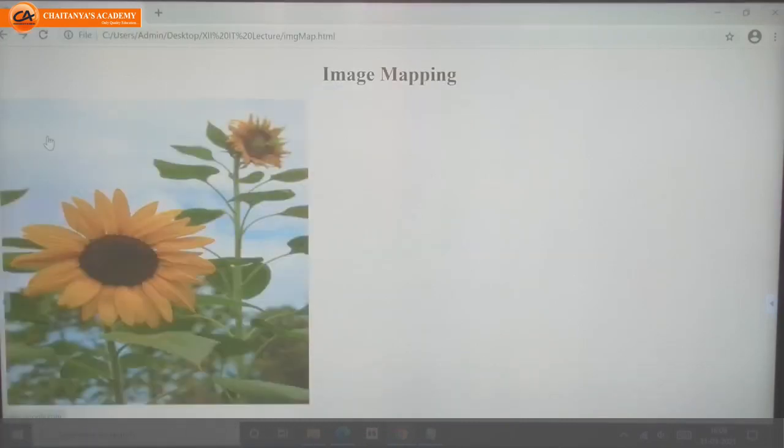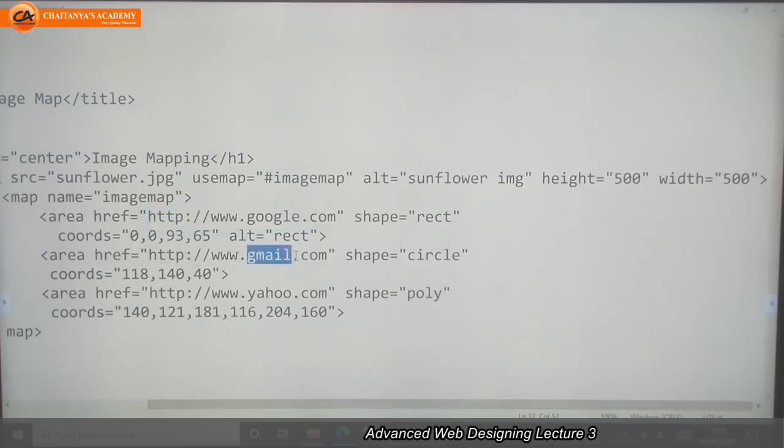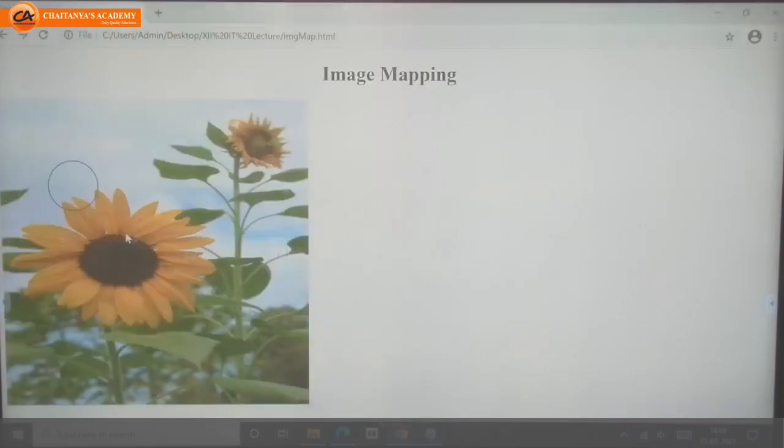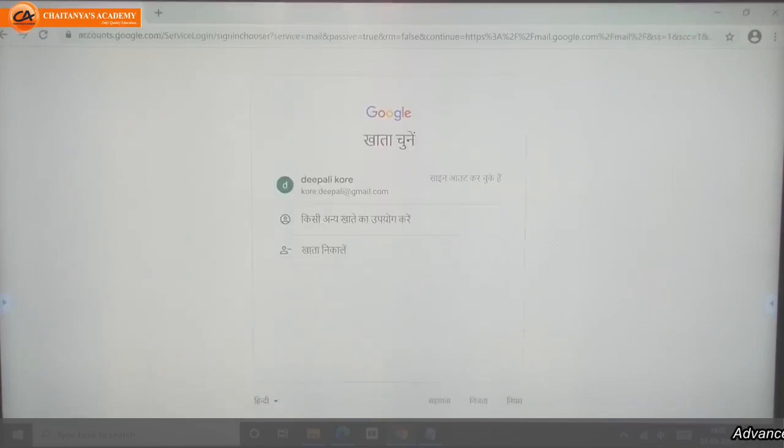Next, the second area, circle. In this circle area, for href I gave the Gmail site address, shape circle and coordinates like this. So we'll see the circle, Gmail. See, it opens Gmail.